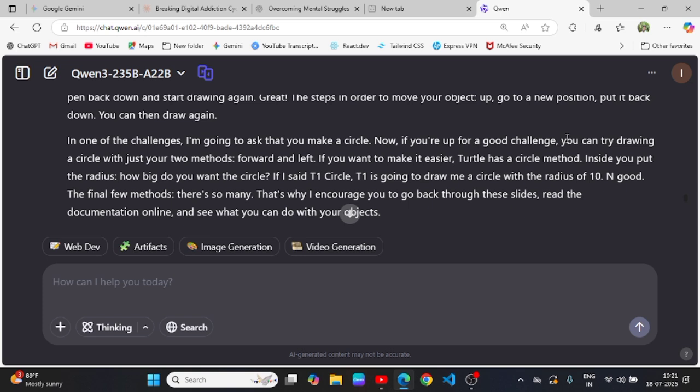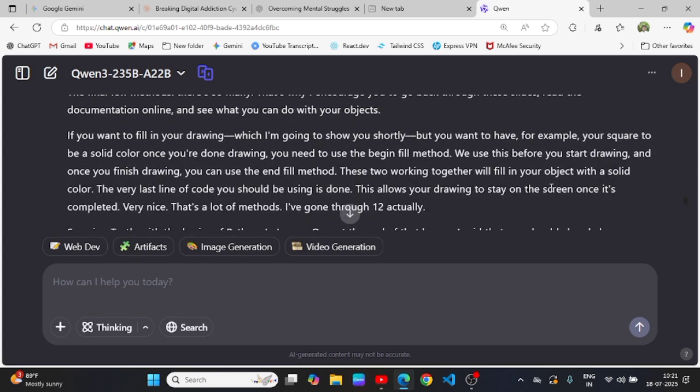Inside you put the radius. How big do you want the circle? If I said t1.circle(10), t1 is going to draw me a circle with a radius of 10. Good. Check the documentation online to see what you can do with your circle object.